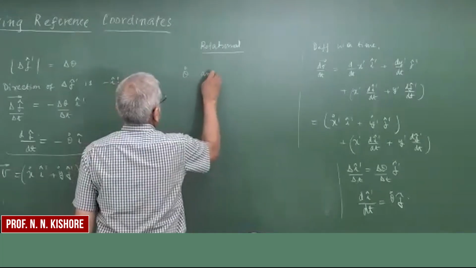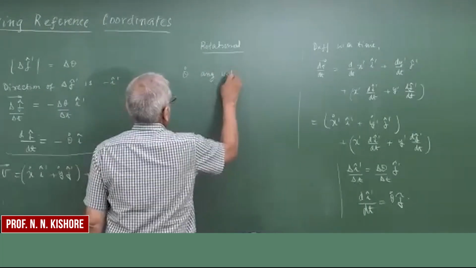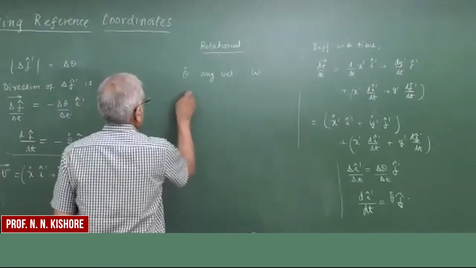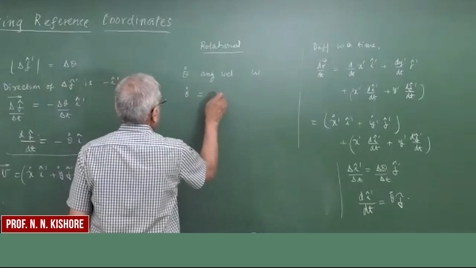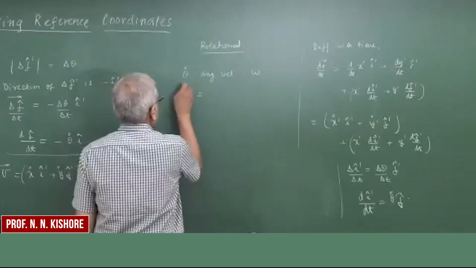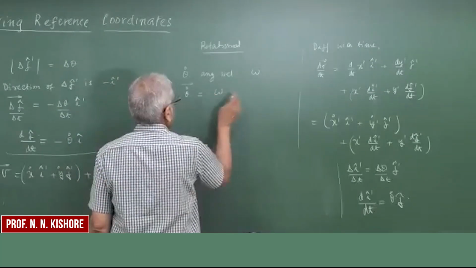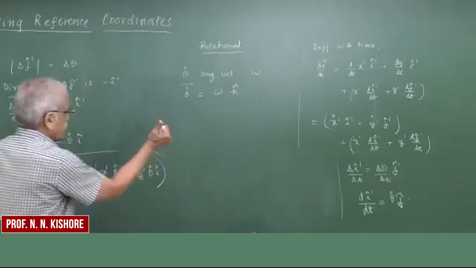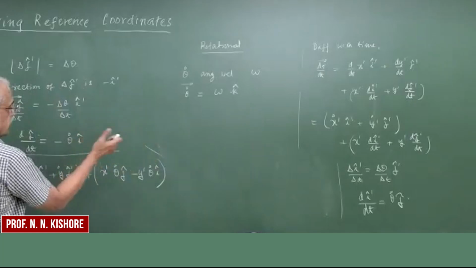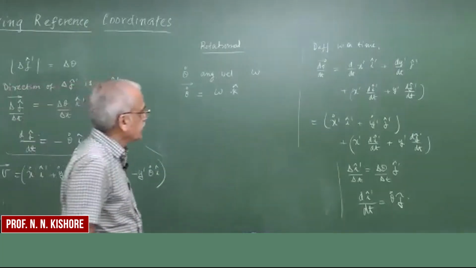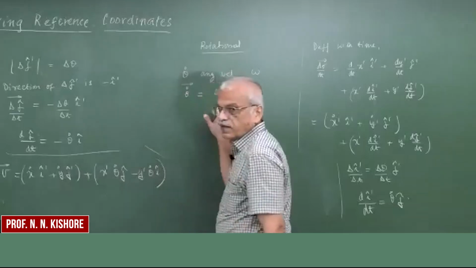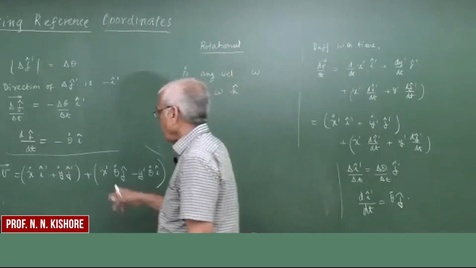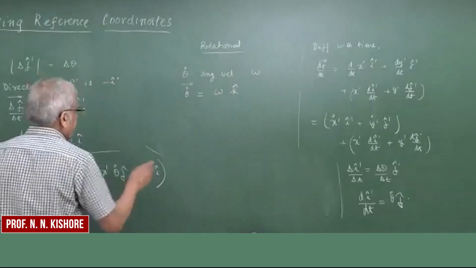If you call it omega, and theta dot is moving in a counterclockwise sense, then we can give its angular velocity vector as omega k. So if you use that, this part here